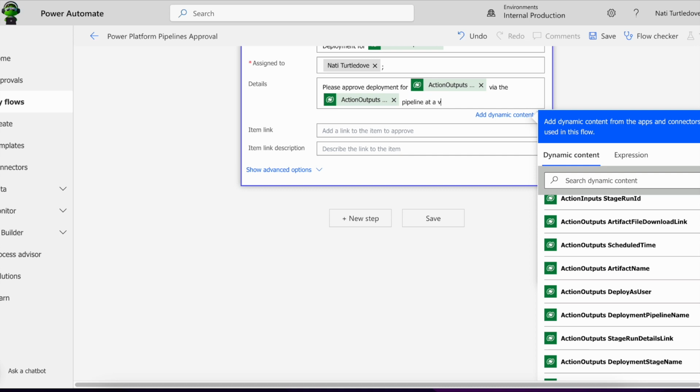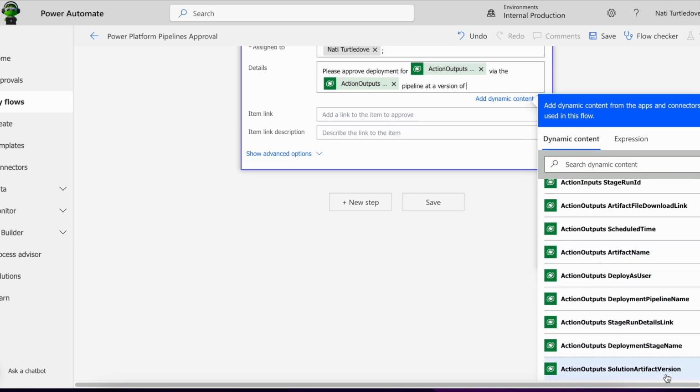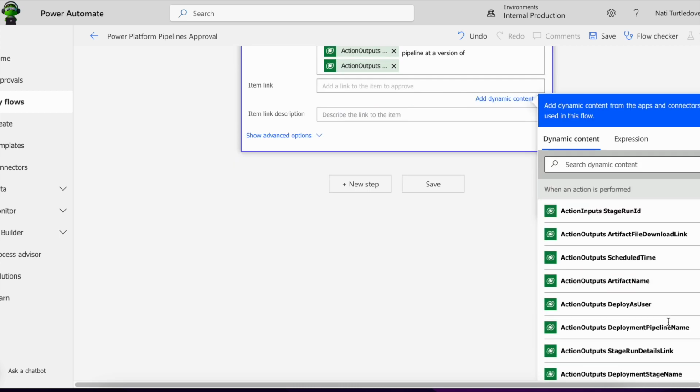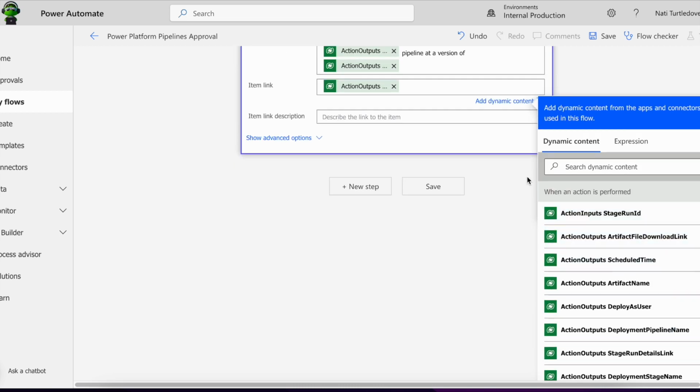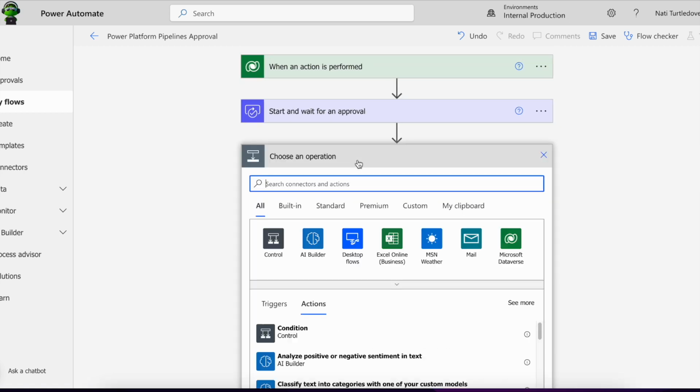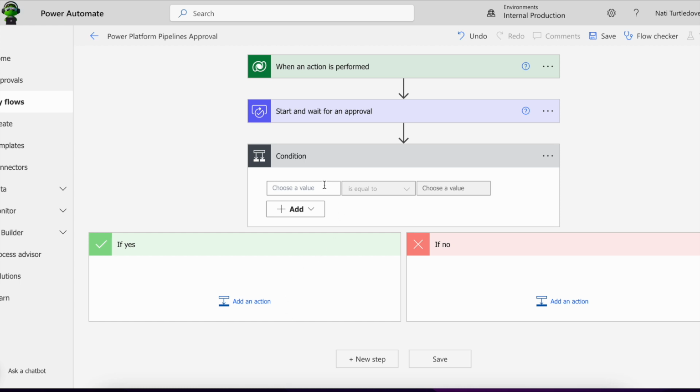Pipeline, add a version of and bring through our artifact version. How fantastic is that? We can also provide a link to our artifact as well, which is also really nice. Now that we've configured our approval, we need to just configure our condition to say what happens if it gets